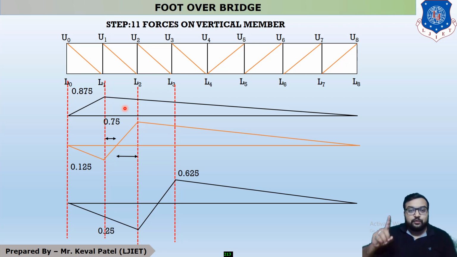Okay. So for the first member, PU0L0 is equal to 1 half, your base is 24, altitude is 0.875, and total UDL in this example is 26.6. So you will get your answer 279.3 kilonewton. Now for the second member, it is very important because you can see that on the second member some of the portion is in tension and another portion is in compression.